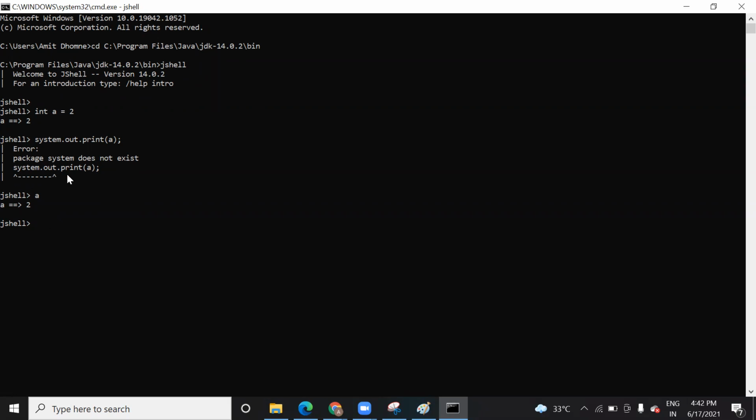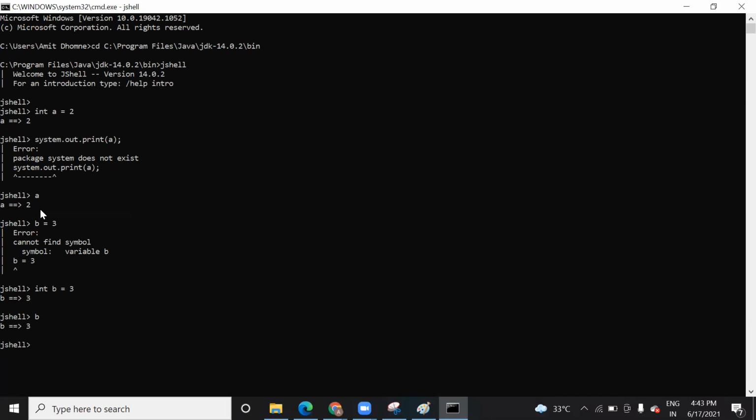We don't need to use System.out.print. You can simply type the variable name. Here I am declaring b is equal to 3, and I will press enter. See, b is equal to 3 it is showing, and when you type the name b it will still show you.